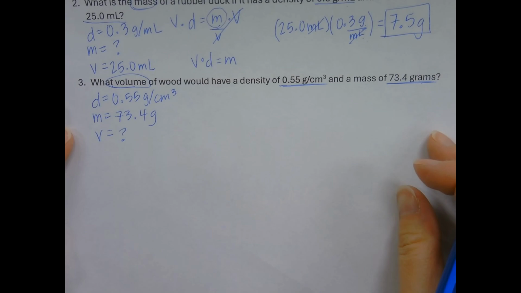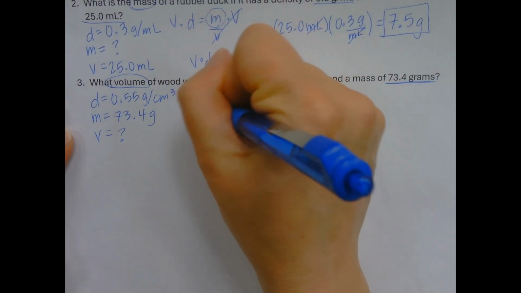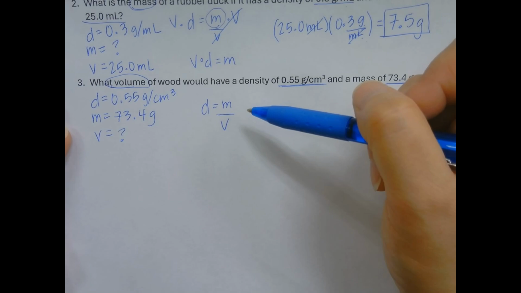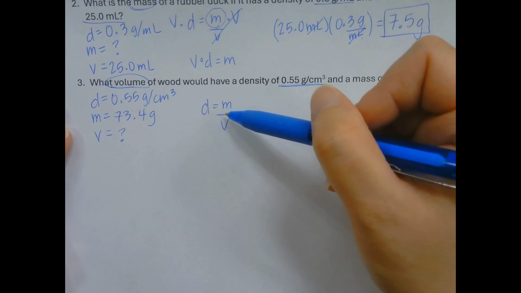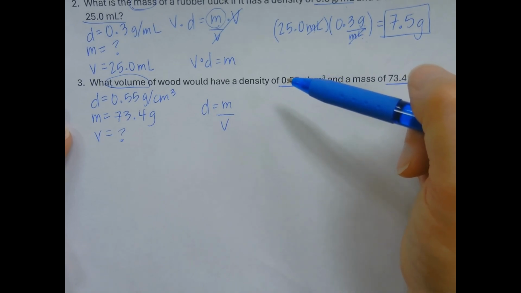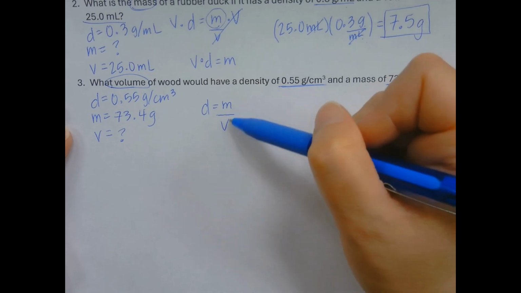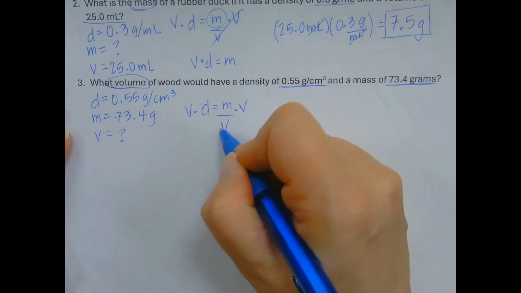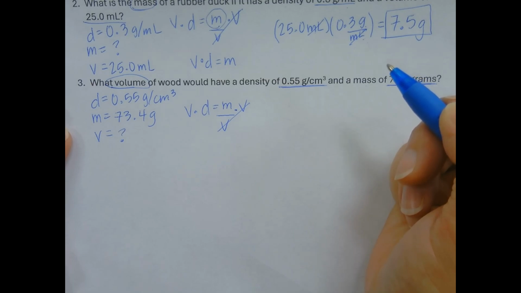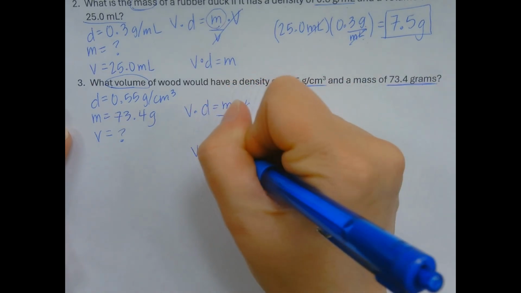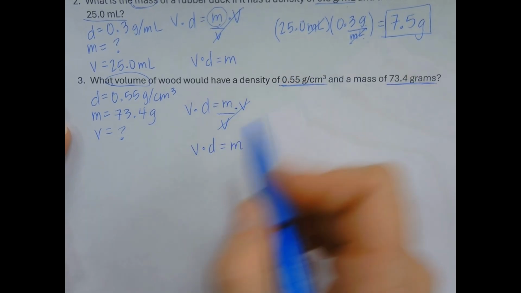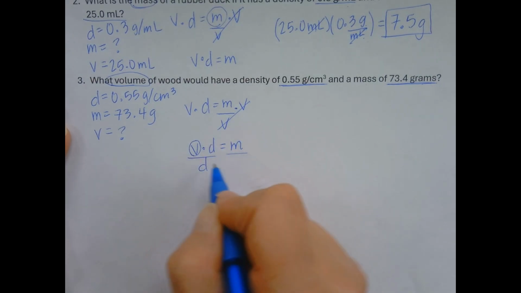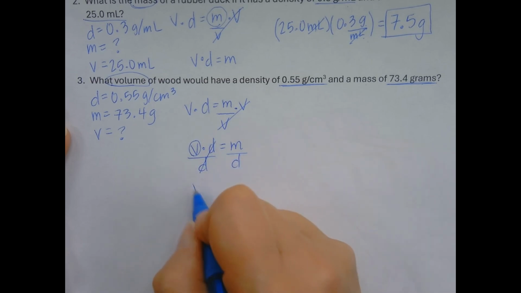So I know we rearranged it at the top, but I'm going to do it again here. Density equals mass over volume. Now, this is a place where lots of students make mistakes, is solving for volume, because they want to divide out the mass, but that doesn't actually give you volume. So what I suggest is move this off of the bottom by multiplying both sides by volume. So they cancel on this side, so we no longer have a denominator. Volume times density equals mass. Okay, now if I want to get volume by itself, I'm going to divide out my density. So volume equals